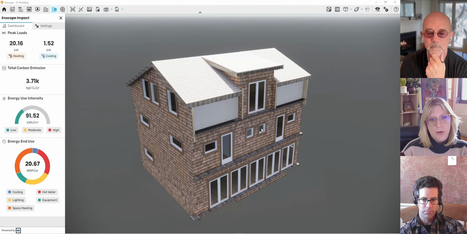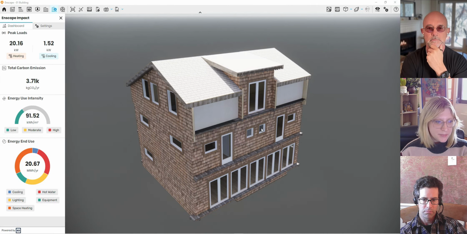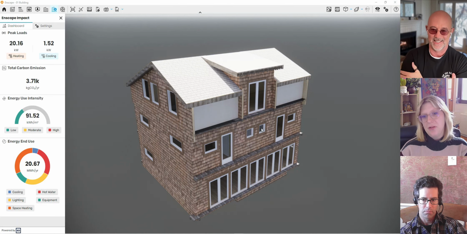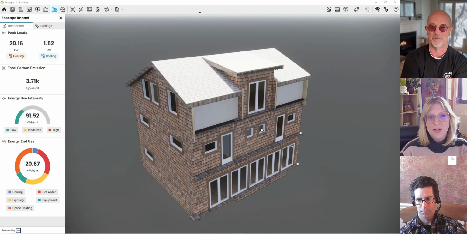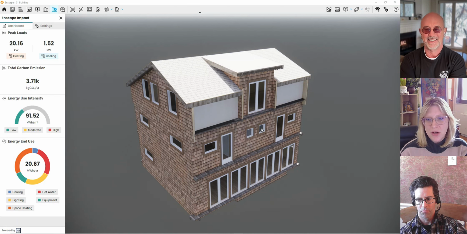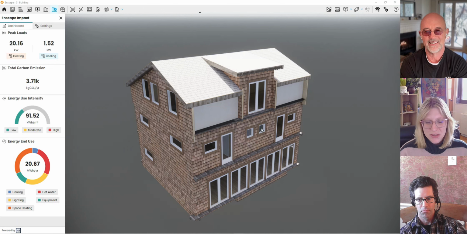Yeah, I think the important distinction here is the visualization model isn't necessarily appropriate for the building performance, which is what we've been talking about. It's really only focused on the core spaces and the less pretty visuals here.